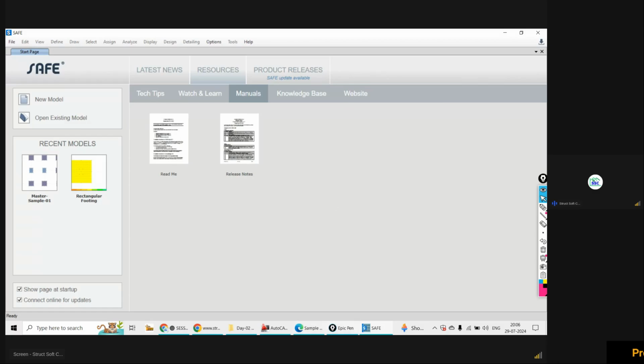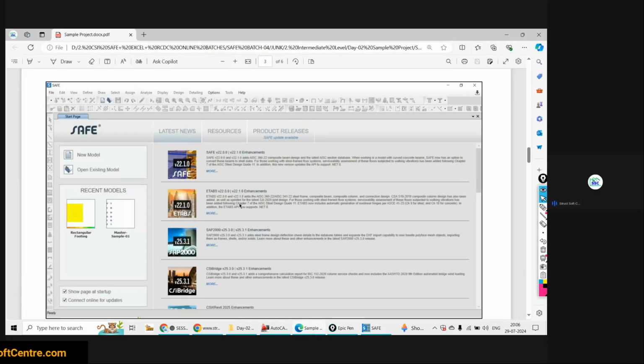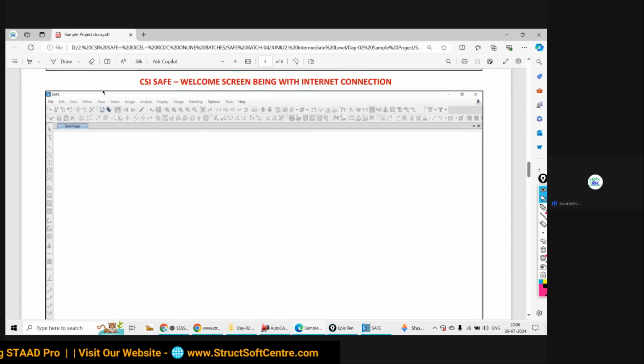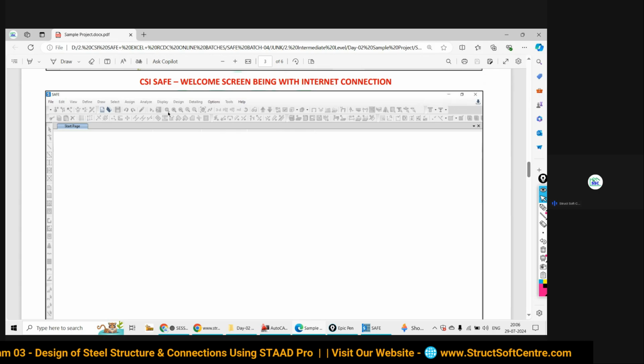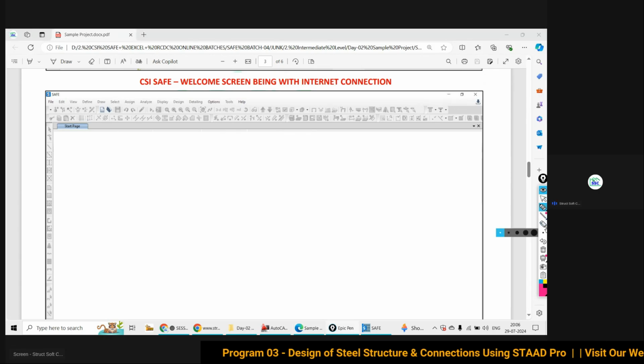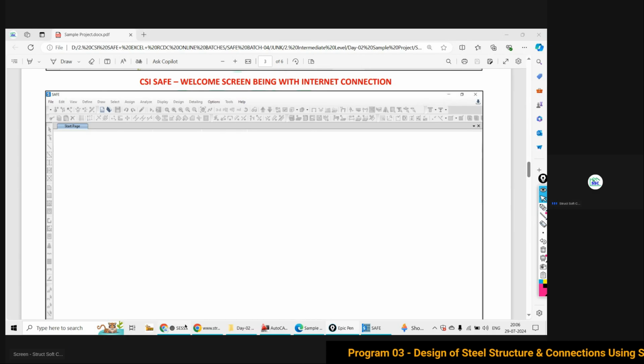And when your system is not connected with the internet, at that time you will have a blank welcome screen. You will only have the top details and left side details. What does it mean? I will explain it. Rest of all will be blank. Understood? Have you understood up to here?